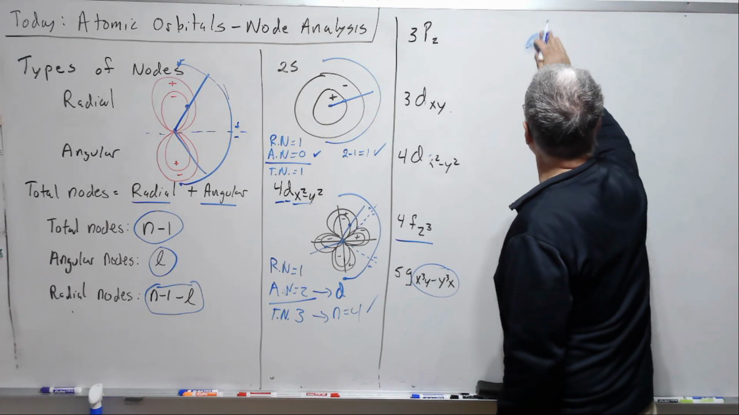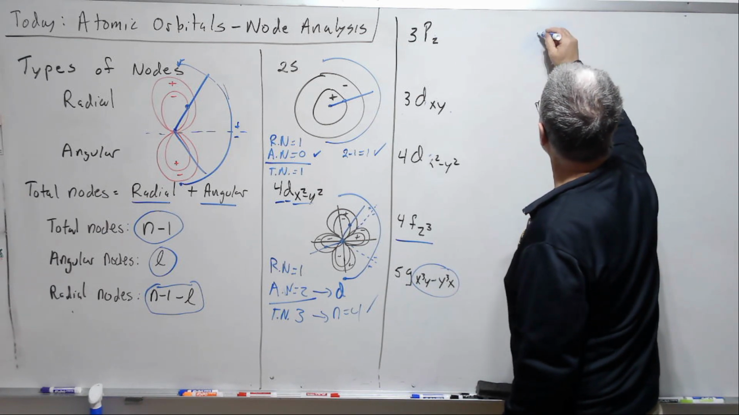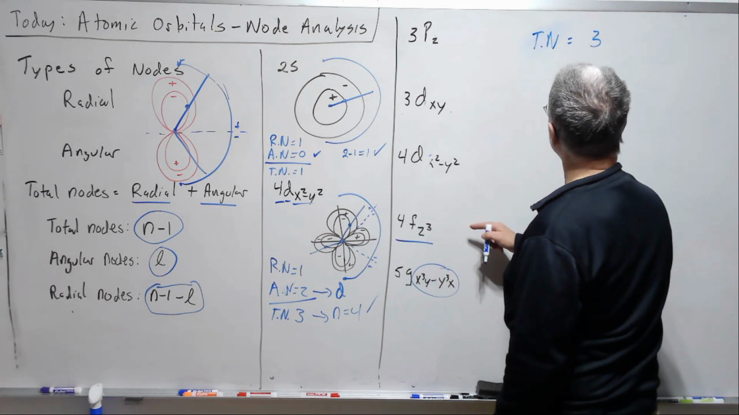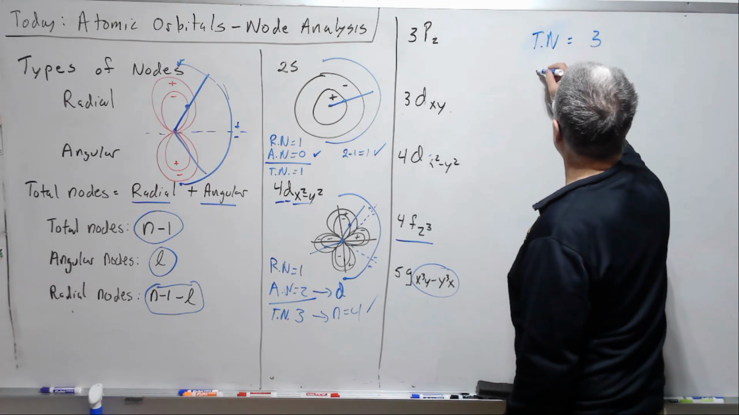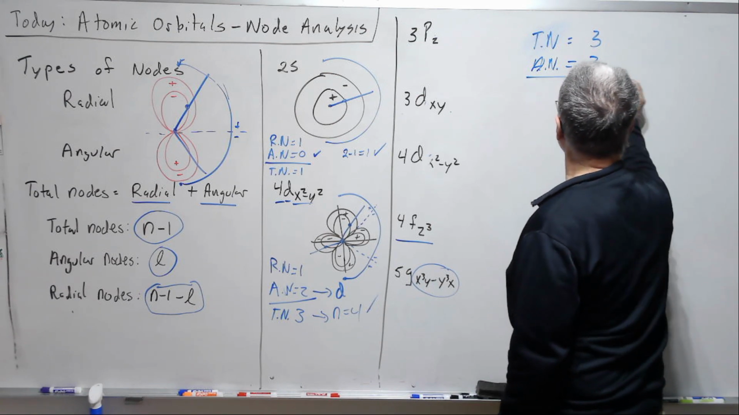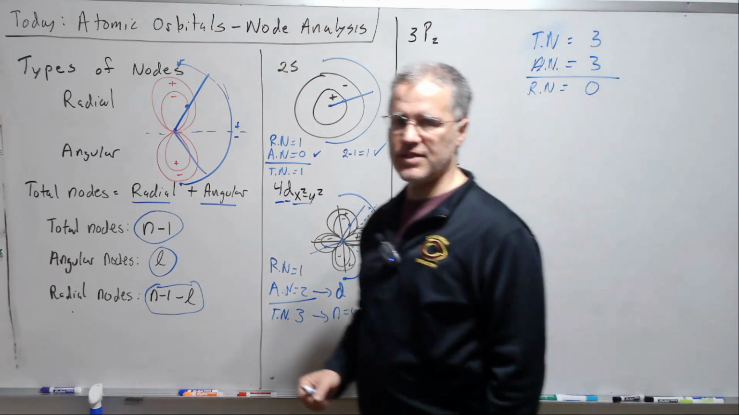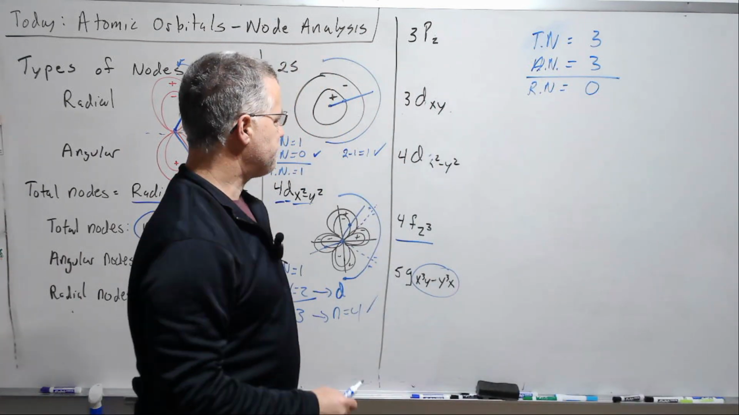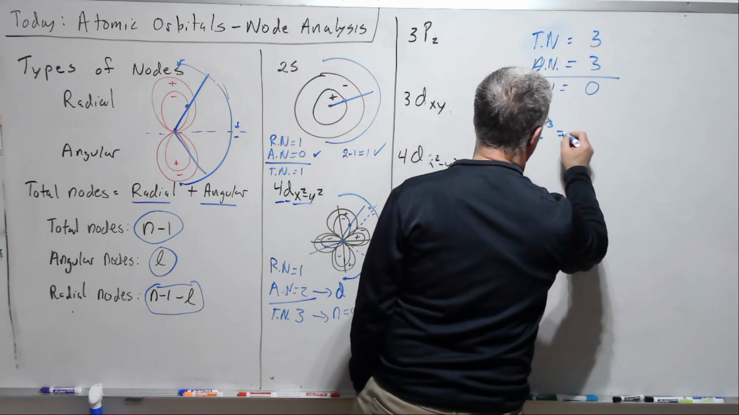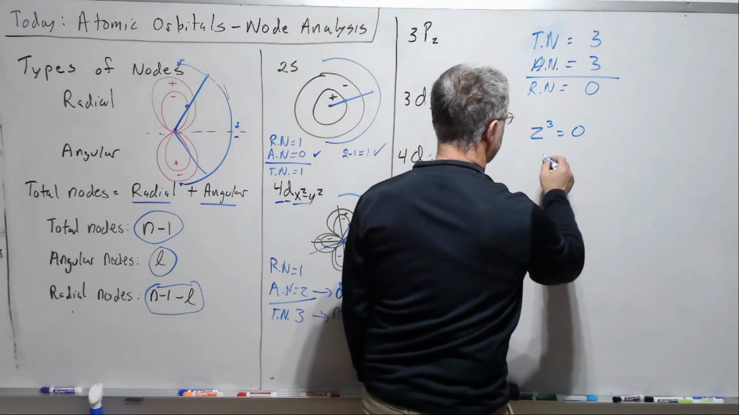So if we want this, we want n equals 4, so total nodes is 3. F is... angular node is L, so F is 3, and so radial nodes 0. So again, we won't have a concentric structure here. But then we say, what does this mean here? Z3. Well, this means, yes, z equals 0,